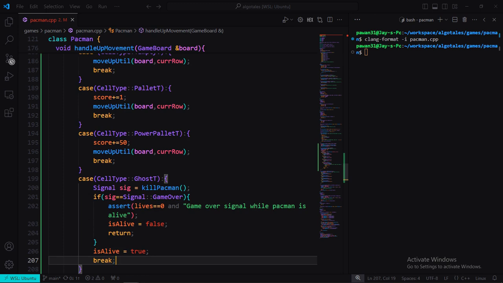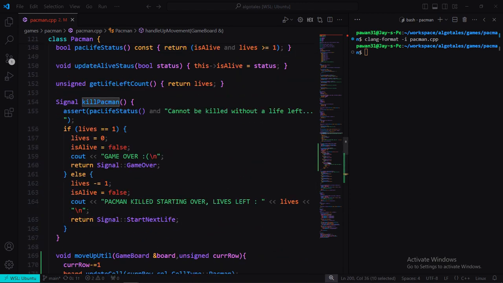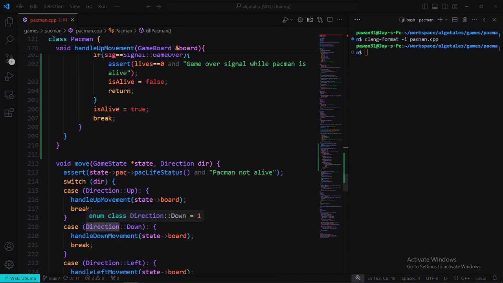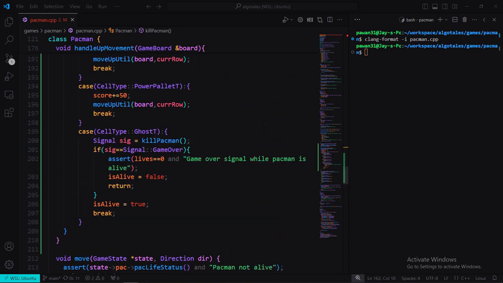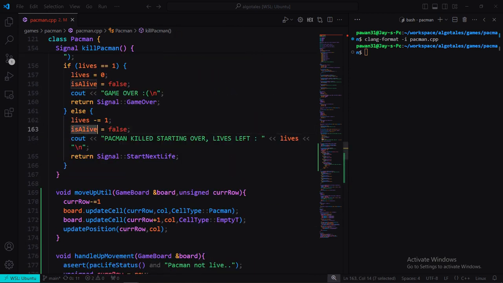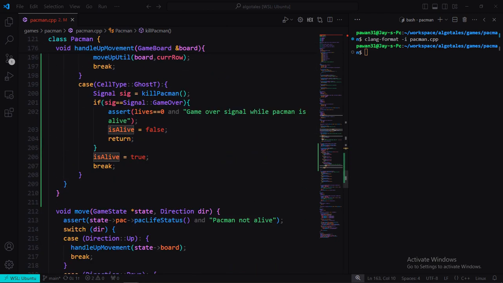Right, so we're going to handle lives. Okay, because we've already dealt with lives equals lives minus 1 in the kill Pac-man function already. If you can see that we've reduced lives by 1, so we won't have to do it here again, and this also makes it much more concise. Anyways, setting is alive to true is not needed, because here it should be set to false, which it is rightly set to. With that said,